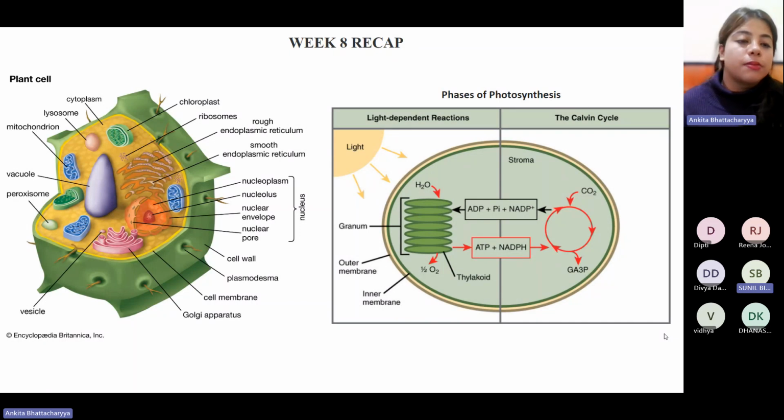Apart from that, structural stability is also being provided by the outermost structure, that is the cell wall. And that cell wall has certain pore-like regions, as you can see. And those pore-like regions are basically sites of accessibility between different cells. Why is that important? It's important because when we think about the way in which a plant survives, it is producing food or carrying out photosynthesis within the leaf, and that is being maintained by the phloem system, whereas the water that is taken up from the roots is transported throughout the xylem system.